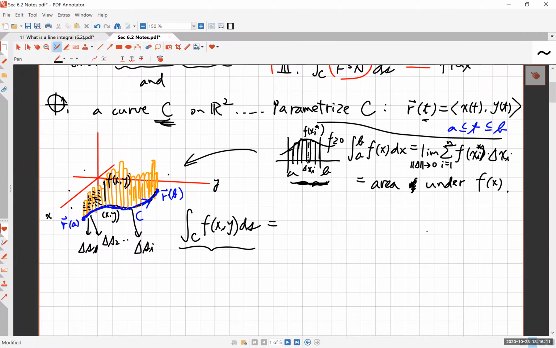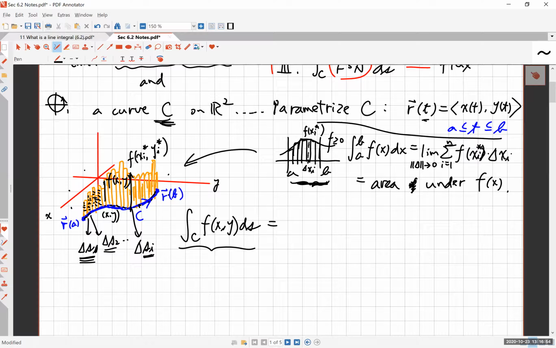Okay, in a similar way, if you define for each one, so the first, let's say the first sub arc, in this case subcurve or subarc is S1 and S2 and so on. Delta S1 is the length of the first part of this subcurve, and then delta S2 is the length of the second subcurve, and so on. And then for each, okay, let's say you pick the ith subcurve, you evaluate the function at some point which belongs to this sub arc or sub curve, right? And so this is xi star,